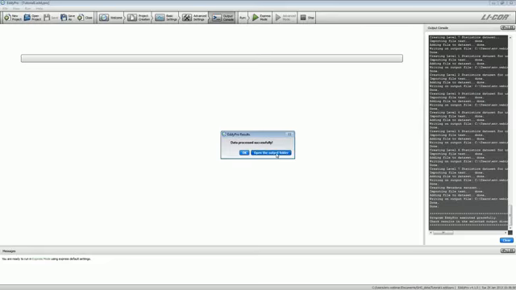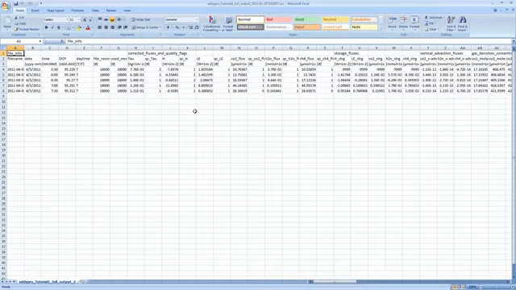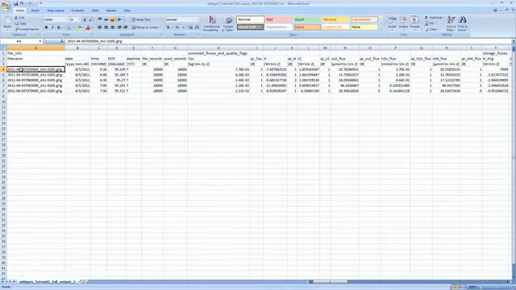After EddyPro has finished, you can open the Output folder to look at the results. The flux results will be in a file called the full output. You can open it in Excel and take a look. Results from each flux averaging interval are presented in a row in the output file. We had 5 raw files, 30 minutes each, and the flux averaging interval was 30 minutes, so there are 5